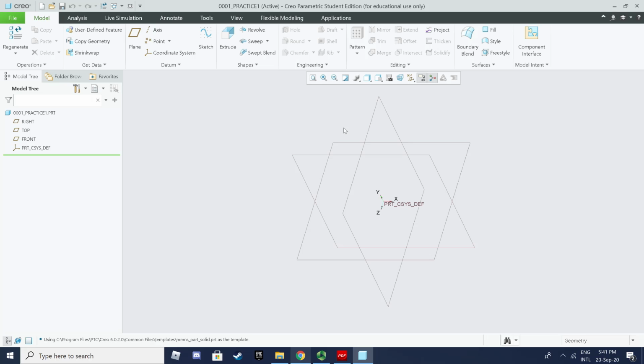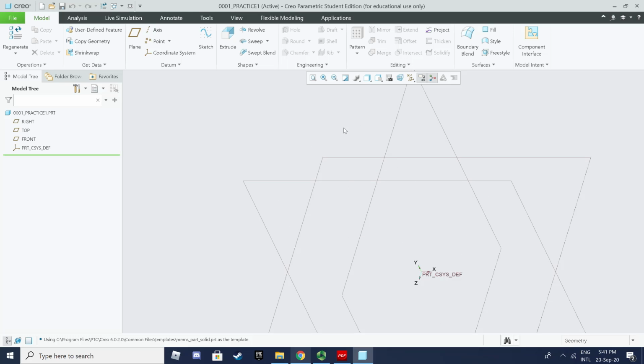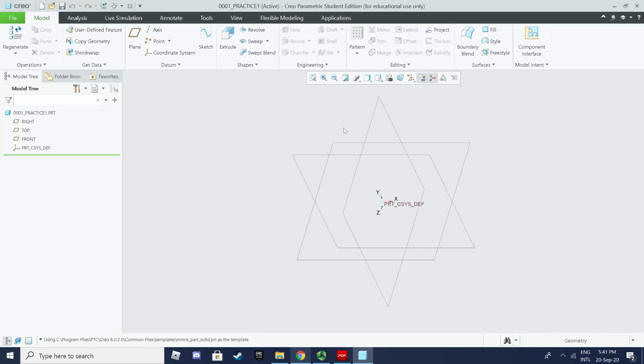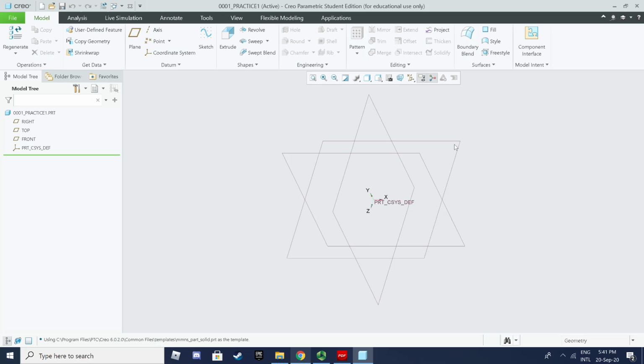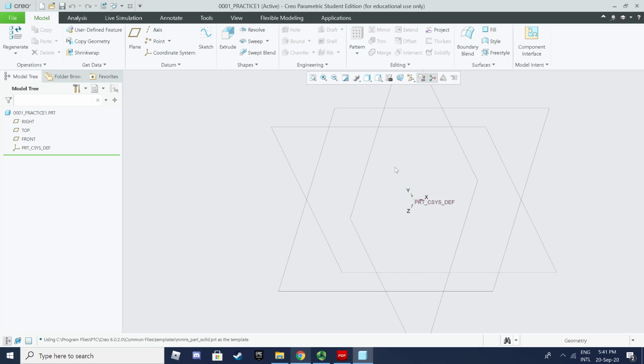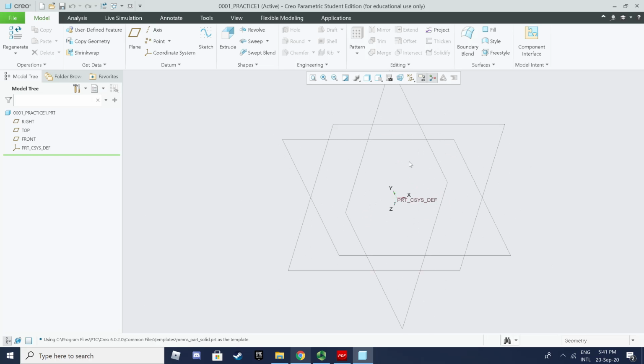For example, here you use your mouse, and when you scroll it, it just zooms in and zooms out. This is how I teach you to navigate in this 3D world, I mean this 3D model using Creo. You just scroll your mouse, then it zooms in and out. But if you press the Shift button on the keyboard together with the scroll button, you need to hold it,